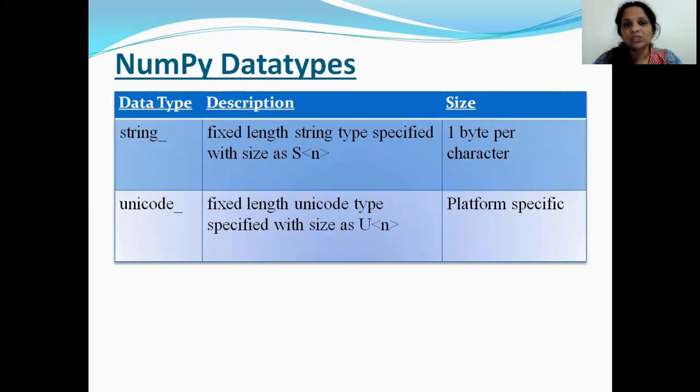Is that clear? So with this, I've given you a brief about what is an array, how it is different from a list, and how the data types of an array are different from the data types of Python. Similar names, but with a slight difference in terms of the sizes that each of them occupy. Is that clear? So in the next video, I will teach you how to create an array. How do I actually make use of the NumPy module and how do I create an array? Okay. Bye. Thank you.